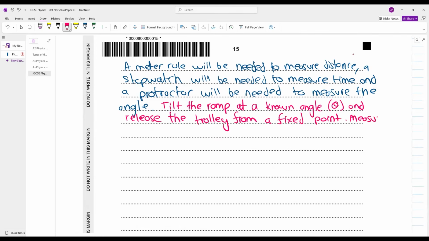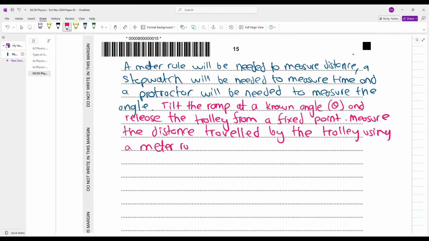Measure the distance traveled by the trolley using a meter rule and measure the time taken using a stopwatch।